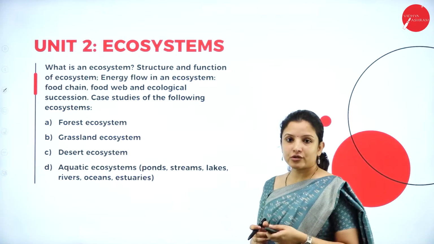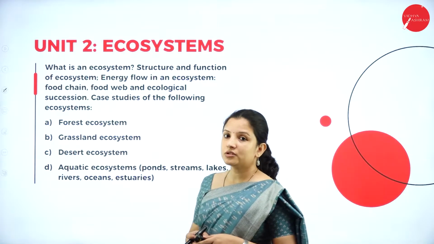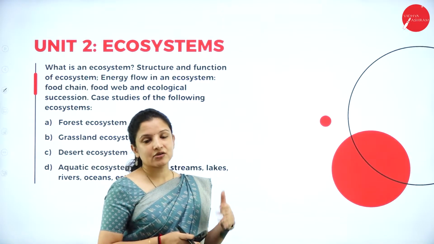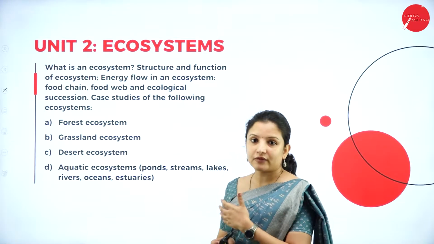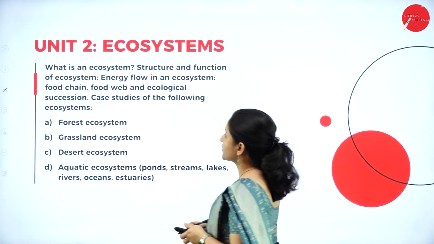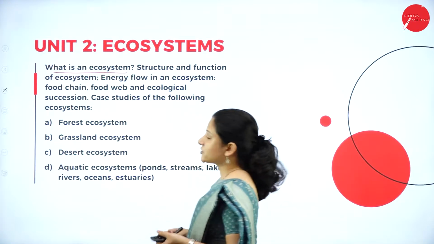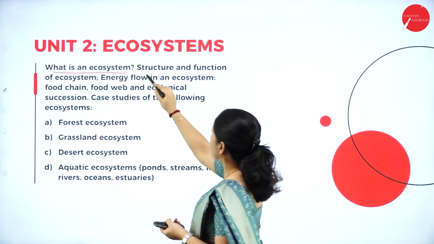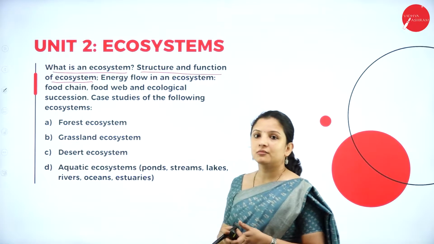Moving on to unit 2, that is ecosystem. So this is one of the common chapters that you would have studied right from your high school, right? From your primary classes itself you would have studied this about the ecosystem. So again here we shall just brush up what is an ecosystem and we shall learn about the structure and the function of the ecosystem. So structure and the function of the ecosystem, like